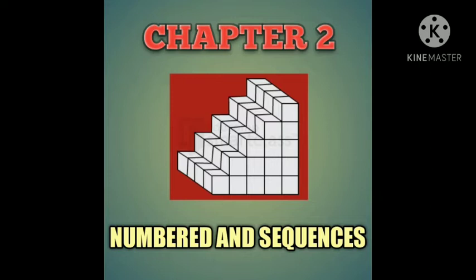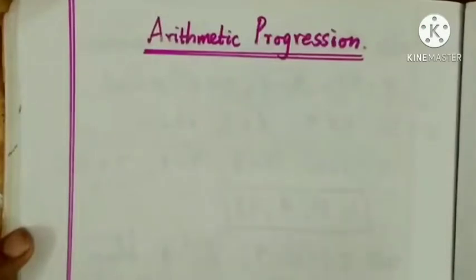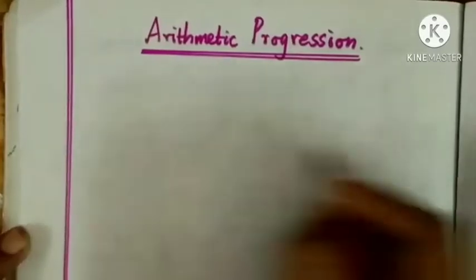In the previous class we have seen some examples of exercise 2.5. Today in this video we are going to learn how to do the solution of exercise 2.5 up to 7 sums. First, let us recall some important points of an arithmetic progression.